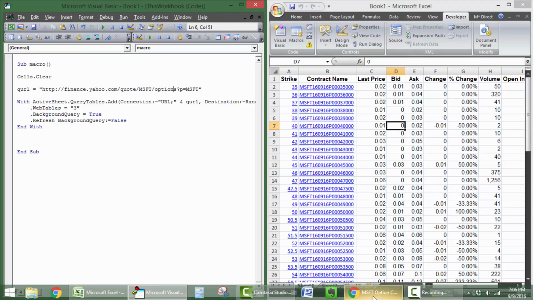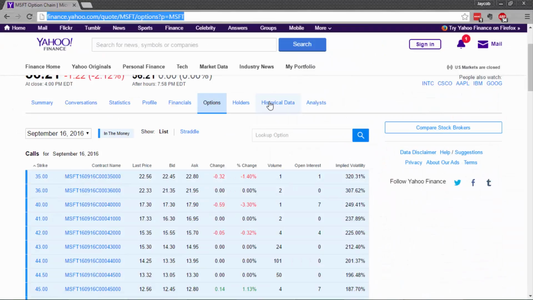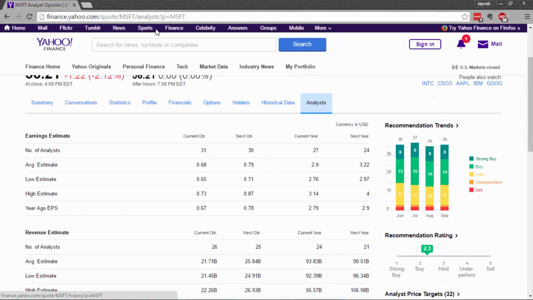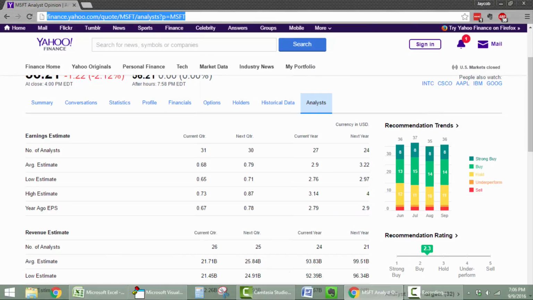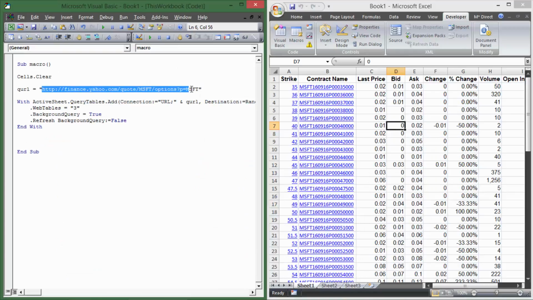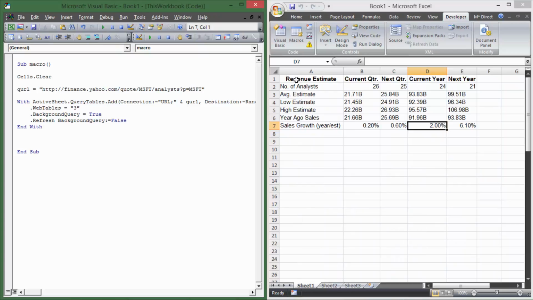So Yahoo Finance is really good for pulling in data like that. It's a super easy way to do this. If you want to pull in analyst estimates, you can do the same thing. Just take the URL, go over here, fill that in, Control V. So there we go. I can run it, and this is Webtable 3,